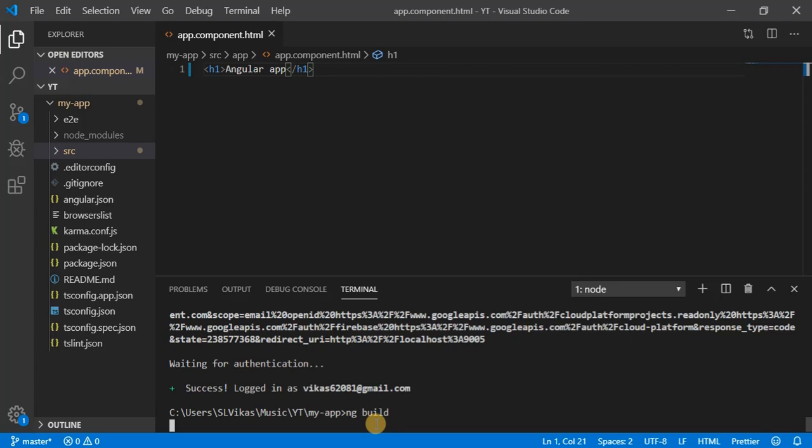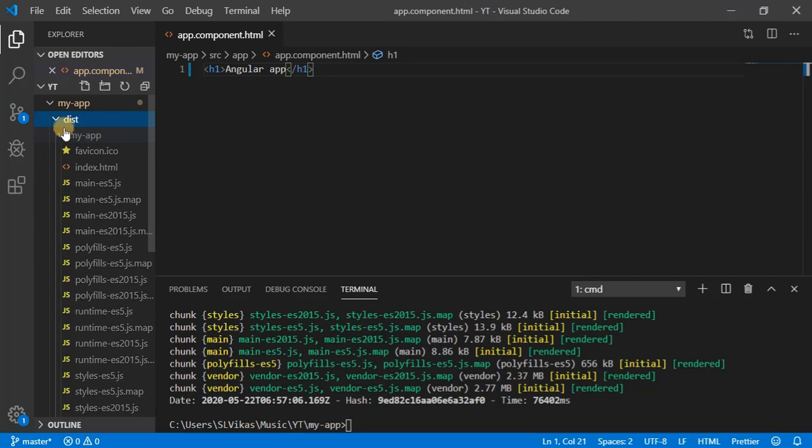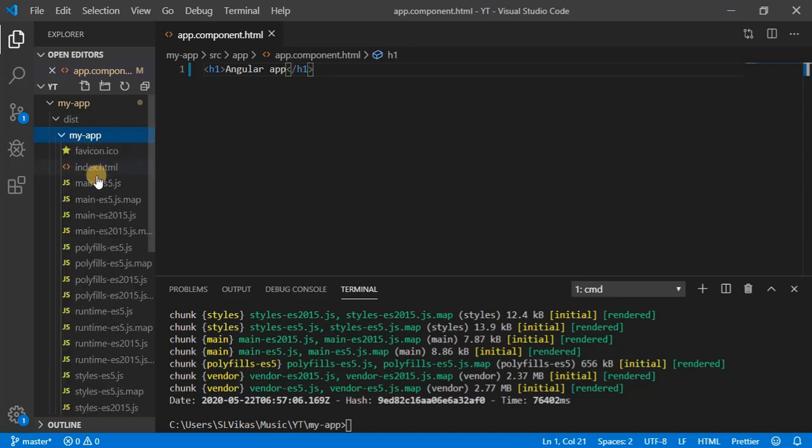If I am dealing with a big project, there will be so many components, so it will create a simple file with fewer dependencies, and there will be one folder, dist. Inside that the build is going to be. As you can see, it's building. Now our build is ready. You can see the dist folder. Inside this folder I have my app, and my app has all the files.